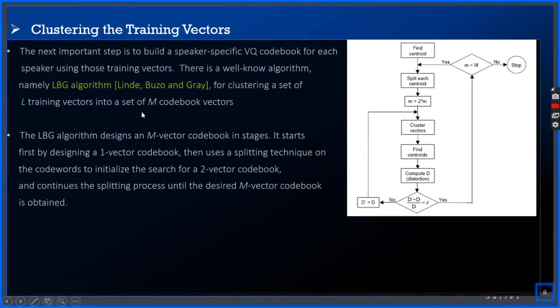Okay, this is the final part. We need to cluster the training vectors. The acoustic vectors extracted from the input signal of each speaker provide a set of training vectors for the speaker as described above. The next important step is to build a speaker-specific vector quantization codebook for each speaker